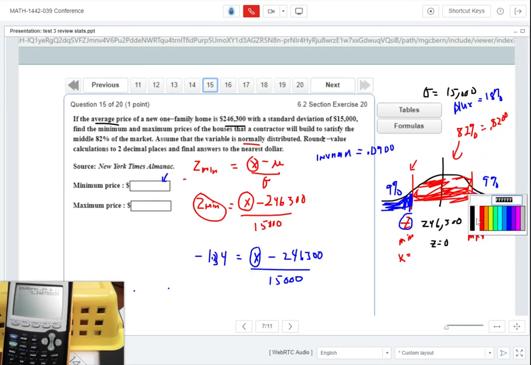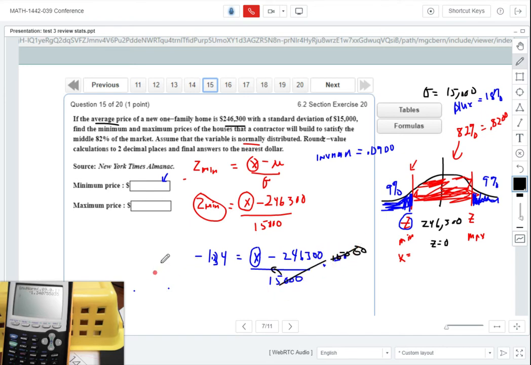I'm going to change to black. To solve for x, I have to multiply both sides by 1,500 to get rid of this. I want to take this 15 to the other side. It's divide by 1,500, so I multiply this side by 1,500 and I multiply this side by 1,500. 1,500 times negative 1.34 is negative